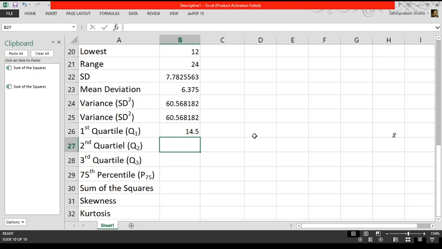Now to find the value of second quartile, the same function will be used, only in the last digit we have to make a change.